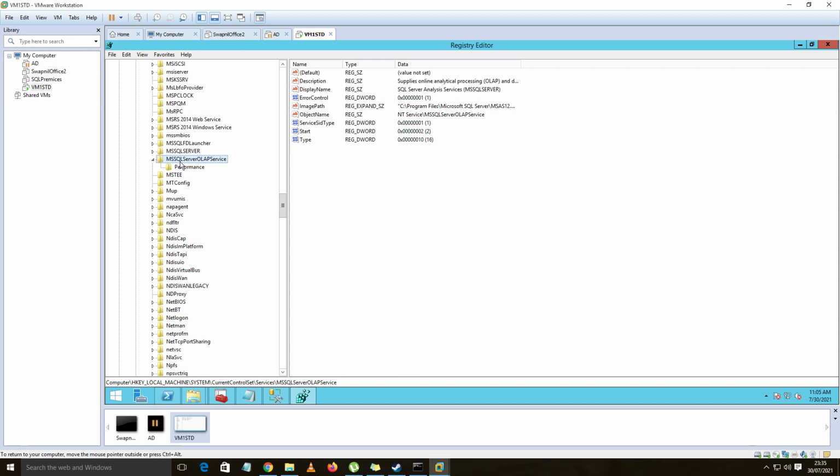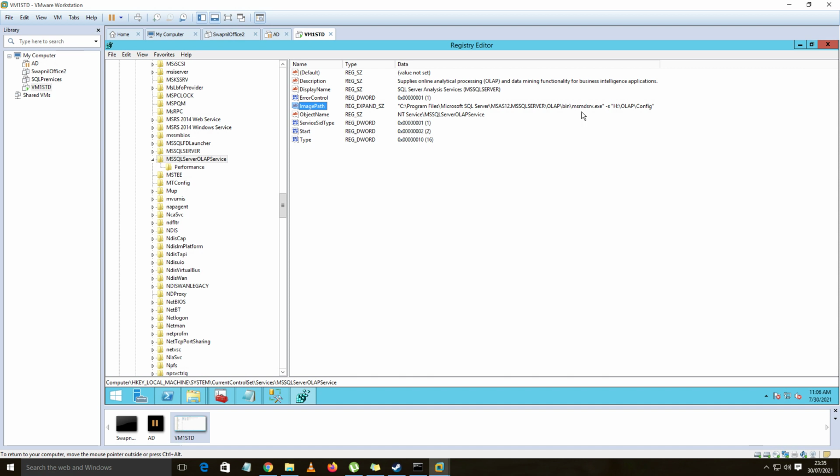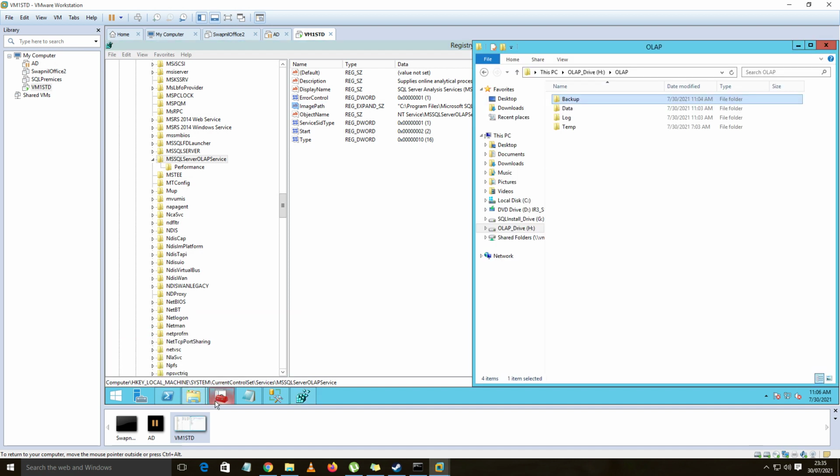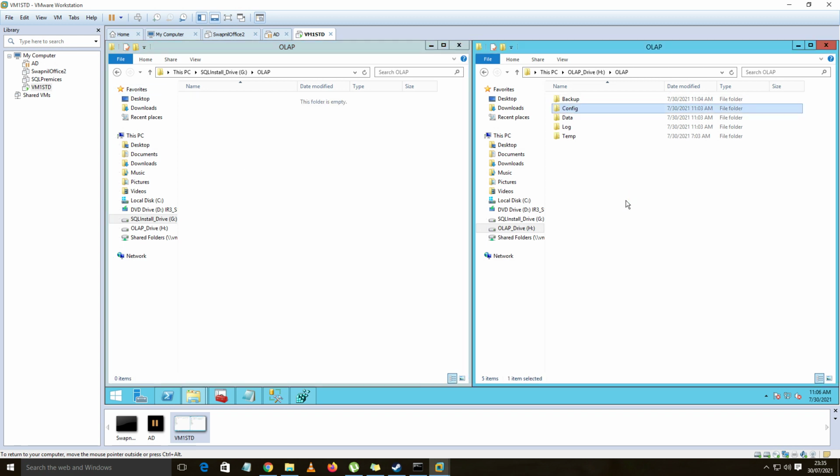Once you get to this registry key, go to the ImagePath key. If you see, it has values over here, so go and simply modify it, make it H here, and simply save it. Once you've done that, simply cut and paste. You can copy and paste and just rename this or whatever. I'm just testing, I want to make sure it's not existent and then that it's working. That's why I have moved the complete folder.